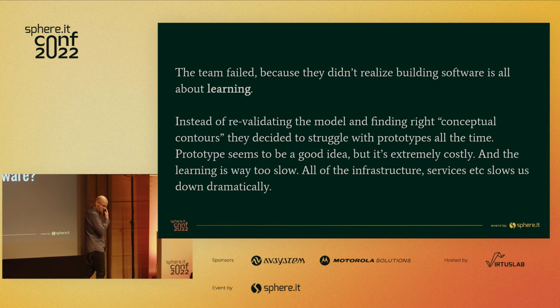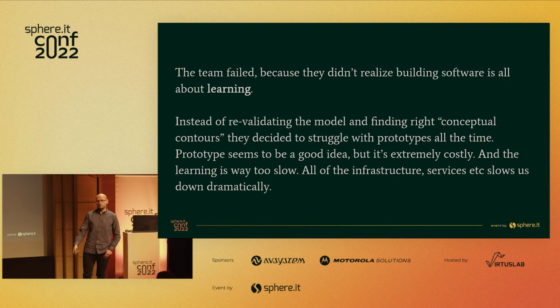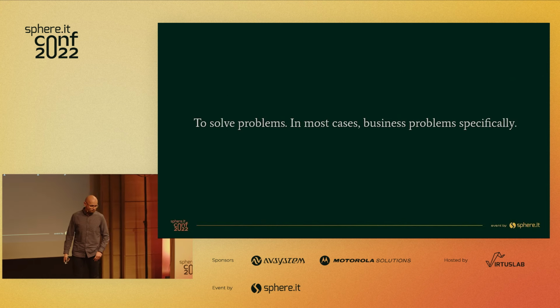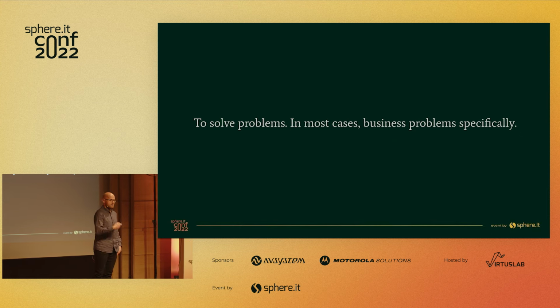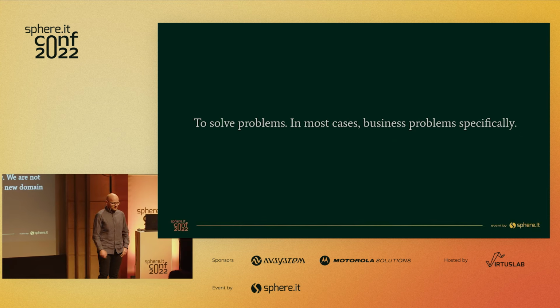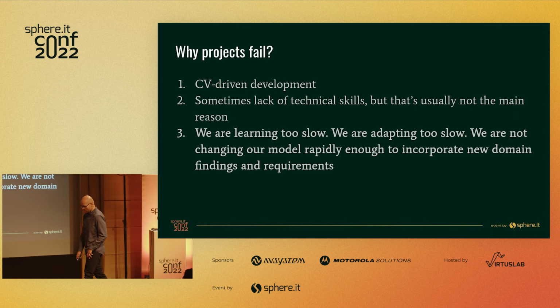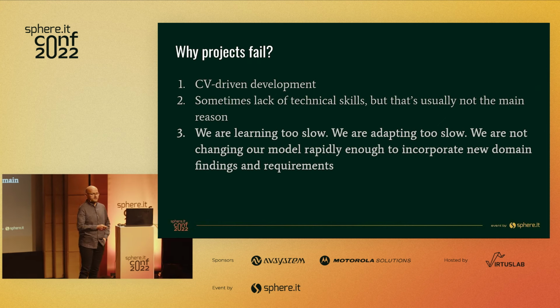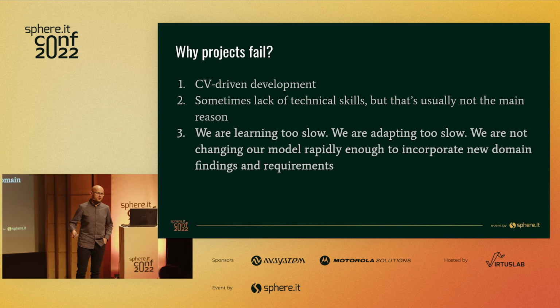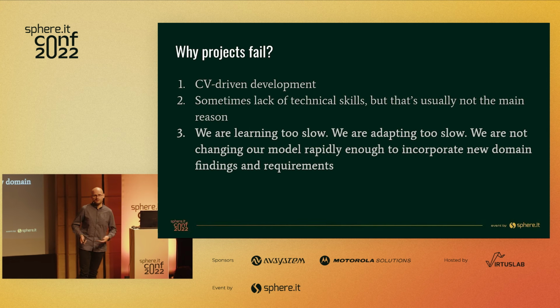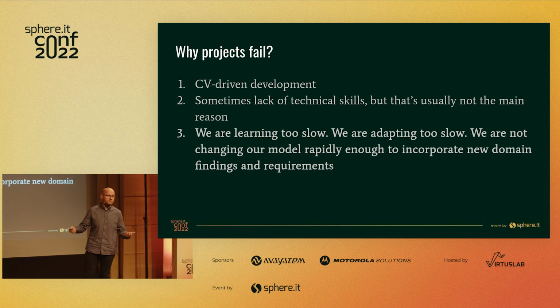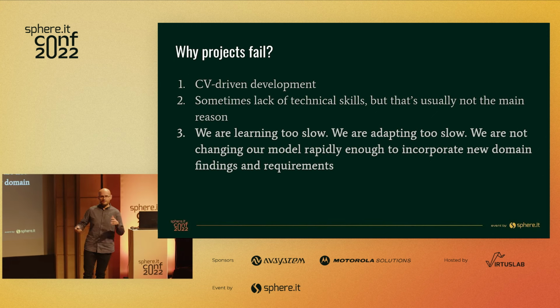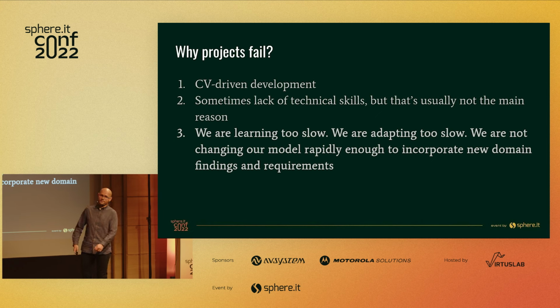OK, so maybe let's get to the basics. Why do we write software? In most cases, to solve business problems, actually, right? That's why we are doing this. So if I were to summarize in 3 points why projects fail, it can happen that projects fail because of CV-driven development, when developers are not actually taking ownership, but just trying new stuff and playing with technology so they can be proud of it in the CV. Yeah, everyone did it. I was also a culprit here, but